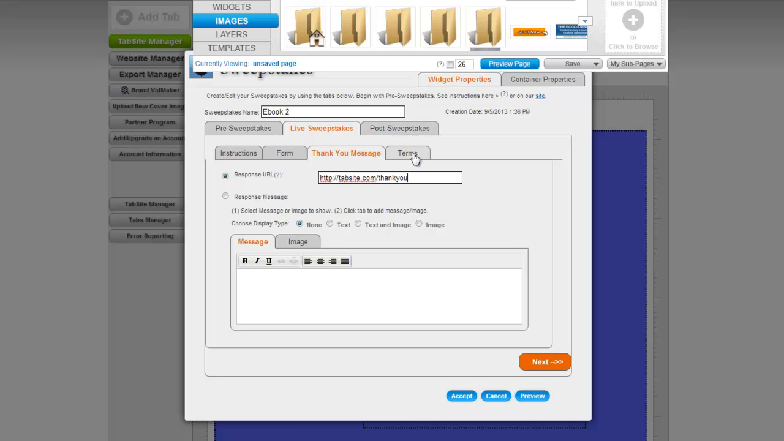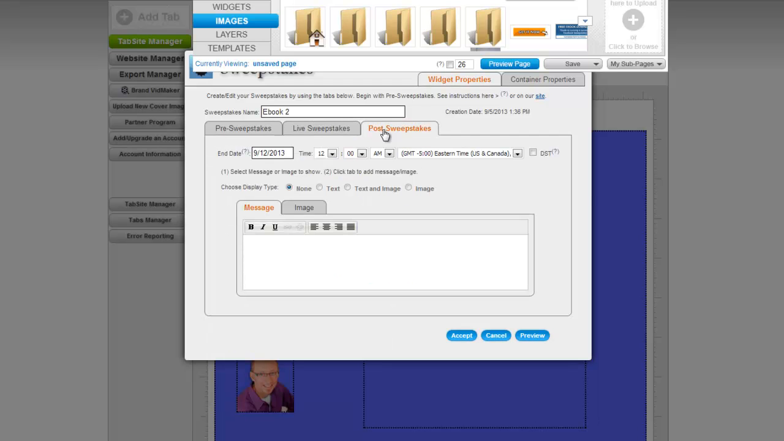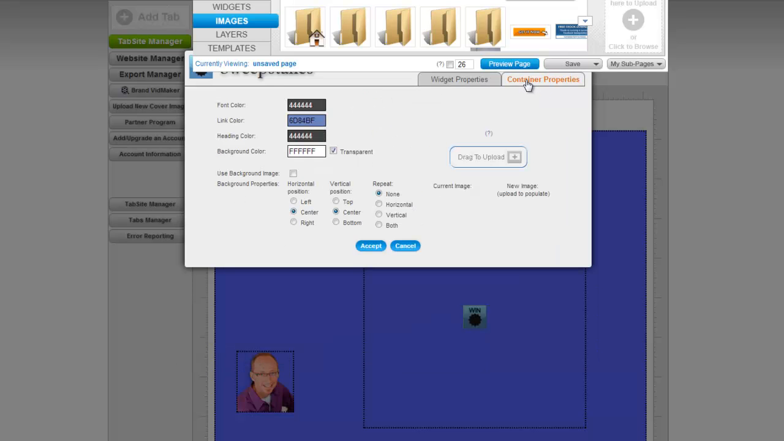So let's keep going. Terms. If there are no rules, I can uncheck that, so it's not going to display the rules link, which is what I did. I can give my privacy policy there as well. And the last thing with this is, how long do I want this to run? I want to make sure I keep this tab out there for a good length of time. Let's set it to November 30th for that time period. And final thing